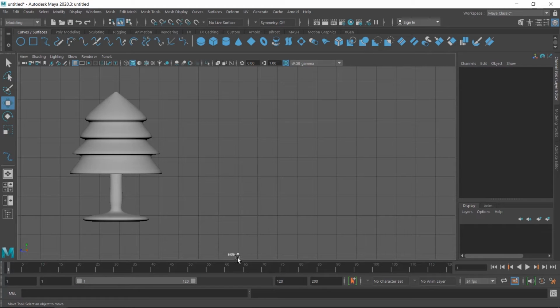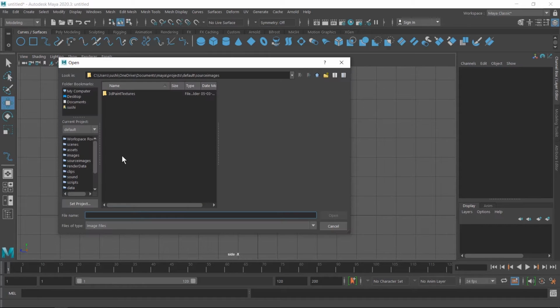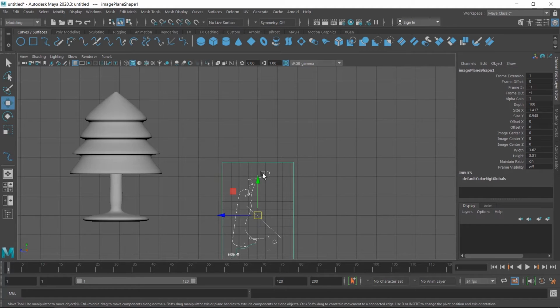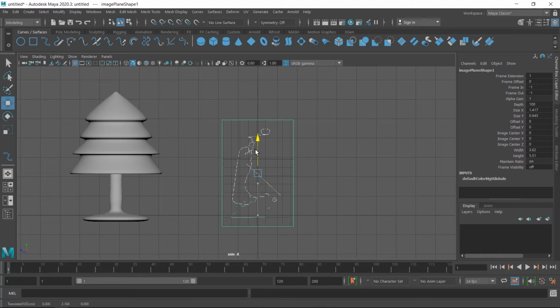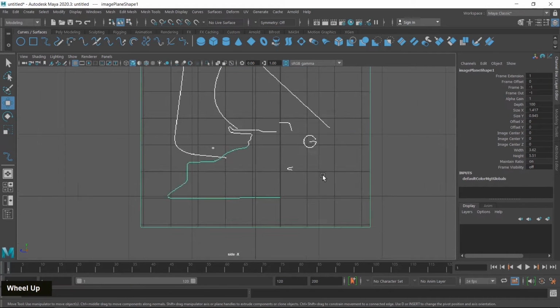Currently the side viewport is selected, and in this viewport we place the reference image. So I go to the View menu in the viewport panel, click on Image Plane, and here the Import Image option is available. So I click on this and browse for the reference image. I click on this reference image and open. This reference image is placed here. I move it a little bit upside. Okay. And then draw this fuel tank by using the EP curve tool.